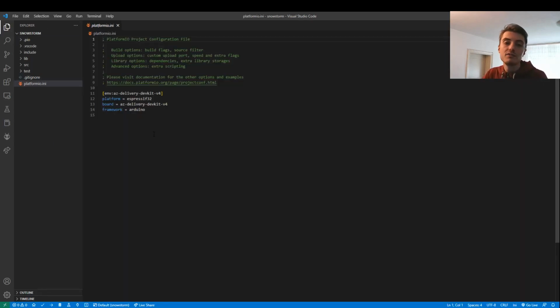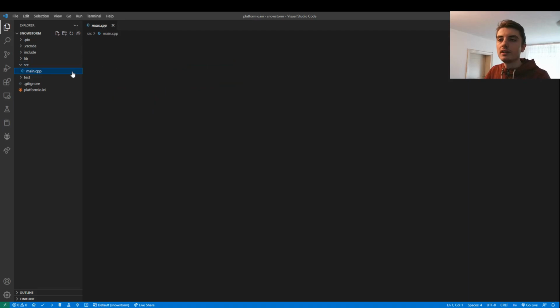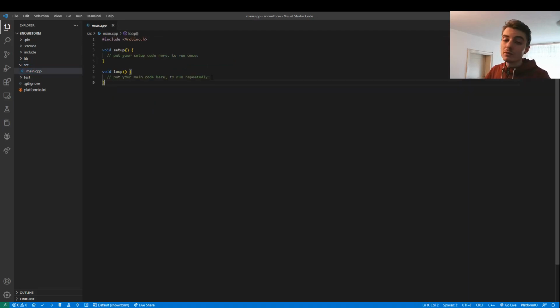Now keep in mind that this video doesn't showcase how to efficiently use an OLED or how to get the most performance out of your board. This video is there to show you abstraction and encapsulation with object-oriented programming and a good folder structure. Now over here in main you can see that nothing is here. And we will try to put as little code as possible into main and abstract all the other things away